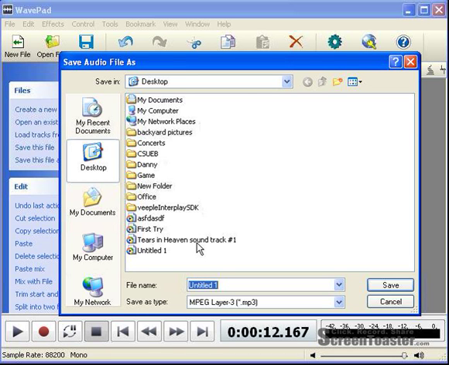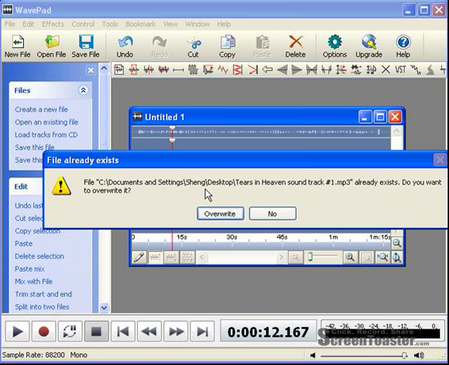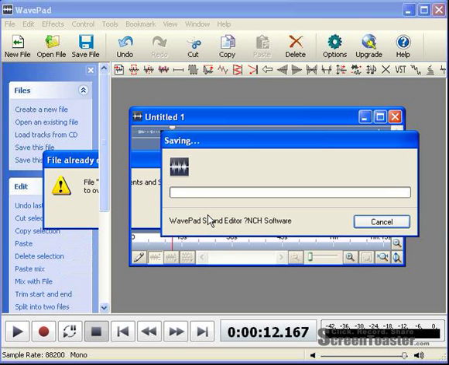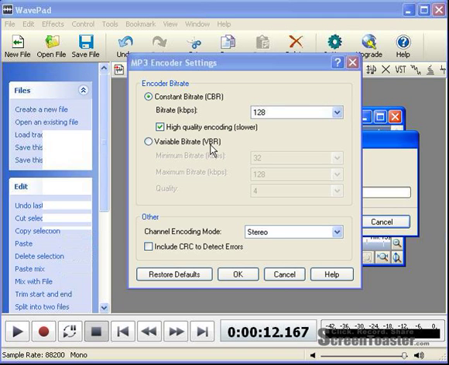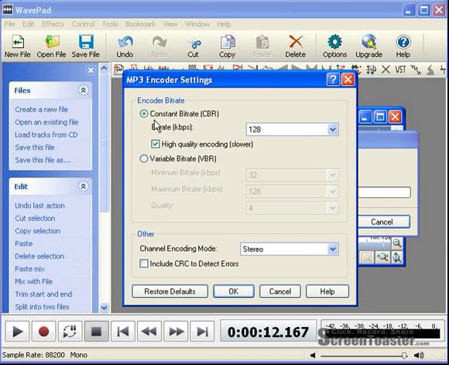And since I've already saved another Tears in Heaven soundtrack, this time I think I will replace the Tears in Heaven soundtrack I recorded last time. It asks me if I want to overwrite it. I say overwrite. So I'll just delete the soundtrack I saved last time and use the soundtrack I recorded this time. And it will take a couple of seconds to save the soundtrack. And now it pops up a